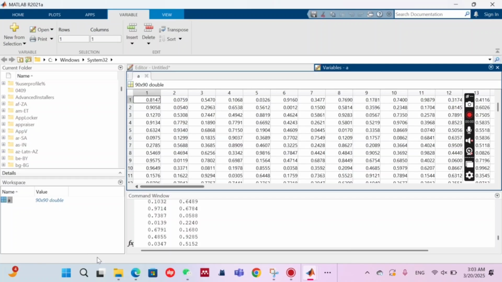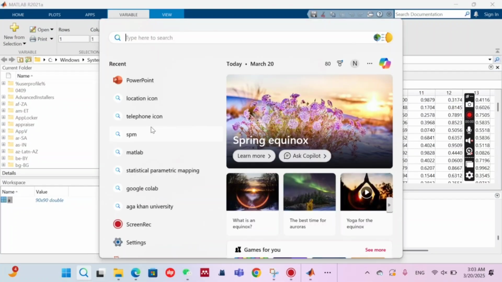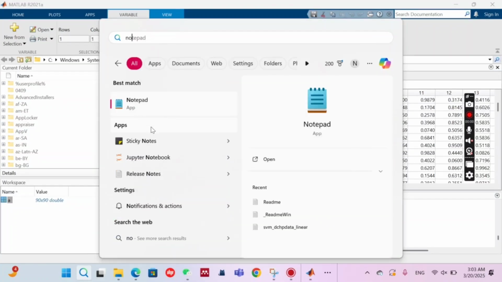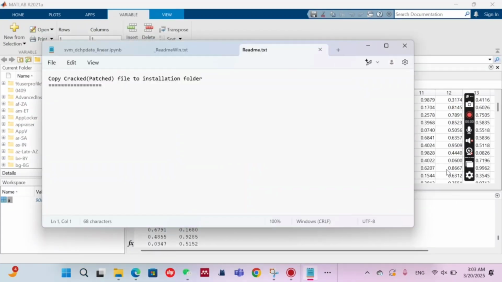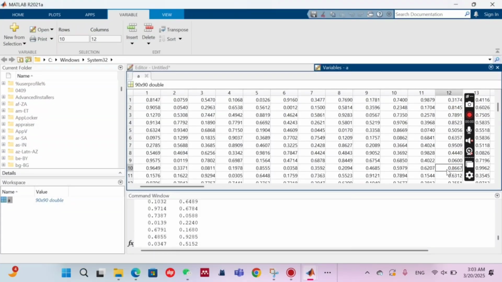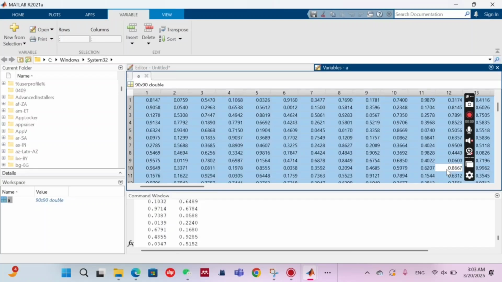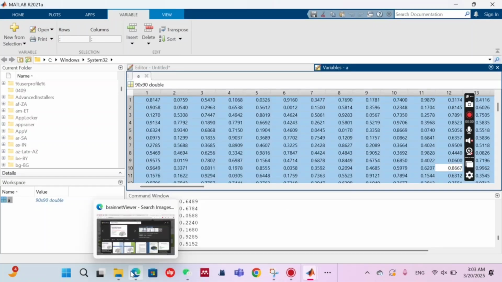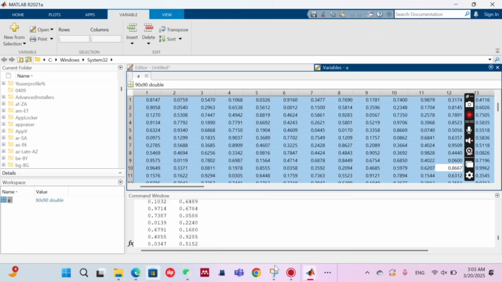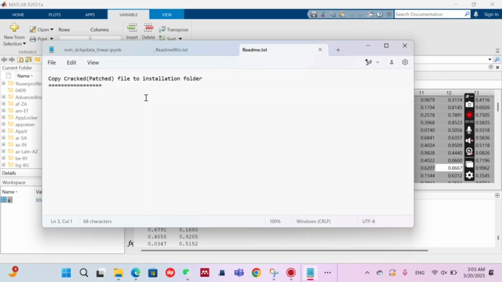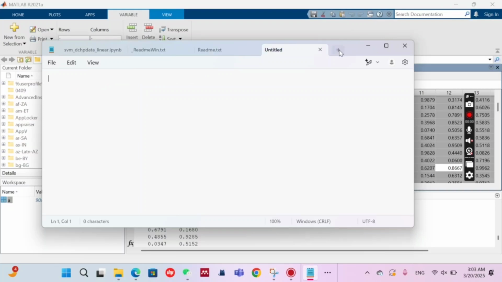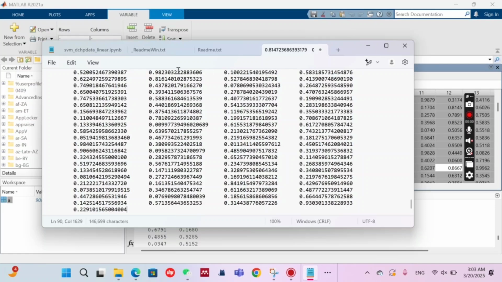Now you have to open Notepad on your computer. Every computer has Notepad. You have to copy your 90 by 90 matrix from the viewer window and then open your Notepad,